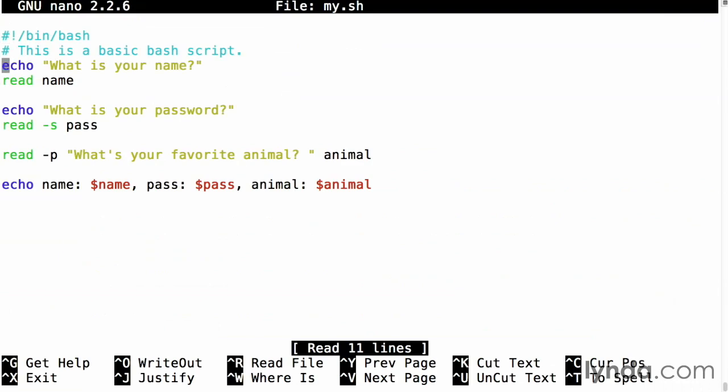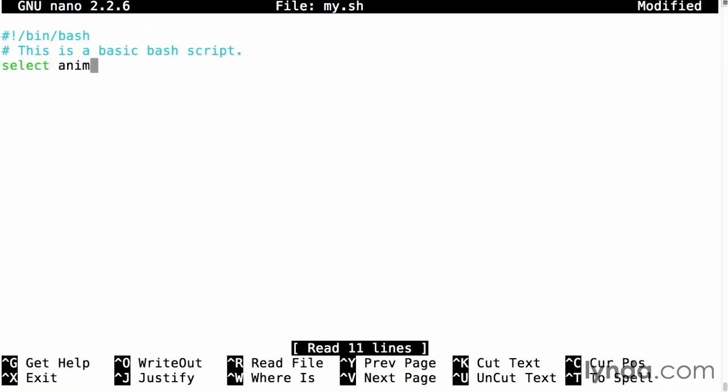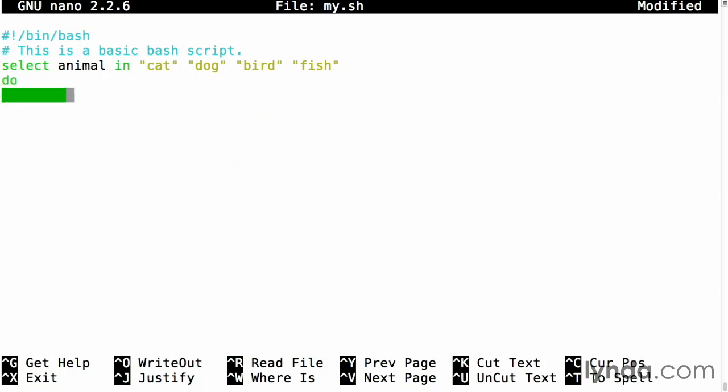Let's make some room here. And for that, I'll use the keyword select. Select is followed by the variable name that you want to store the selection in, in this case animal, and then the word in followed by a list of the options to select from. After that comes a do block, and that will encapsulate whatever you want to do with the selection. It's important to break out of the loop when you have a response, otherwise the loop will continue forever. So I'll save this,